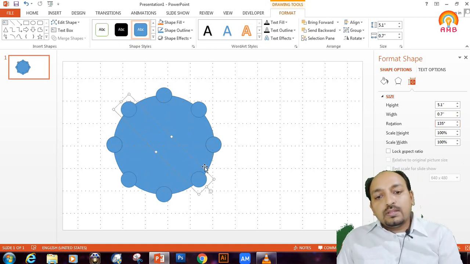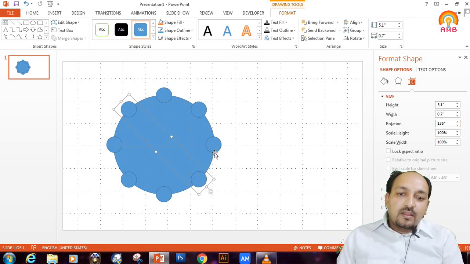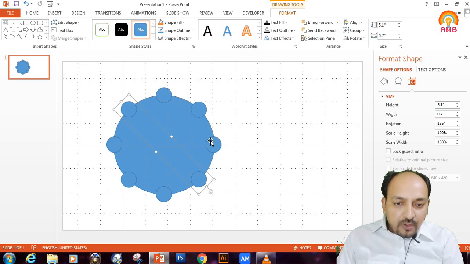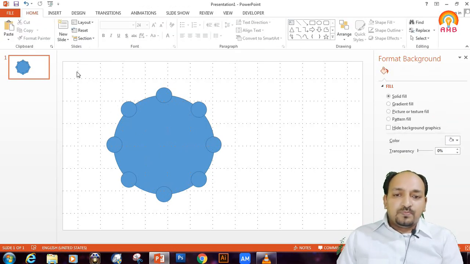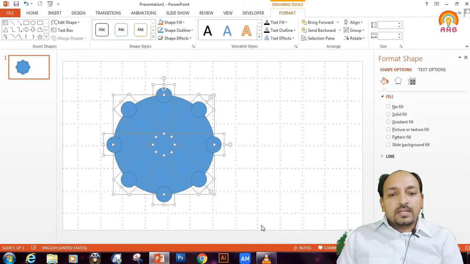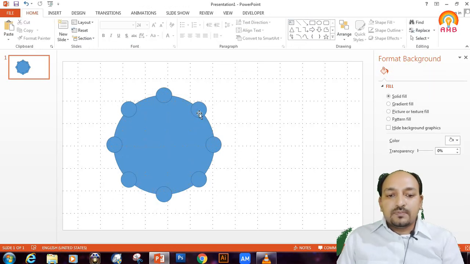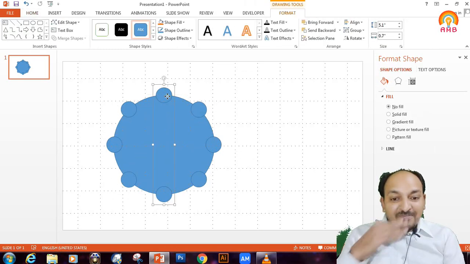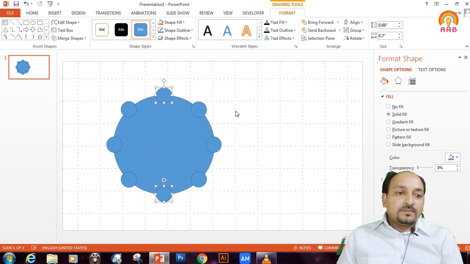So all these 8 small circles are on the periphery of the large circle at equidistance. Now we can convert these shapes into the gear shape. How can we convert these shapes into the gear shape? For that, first we have to ungroup all these oval shapes.